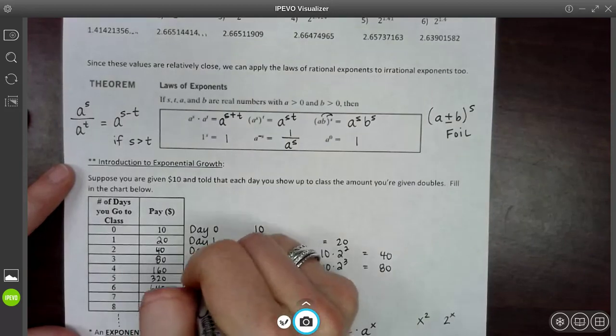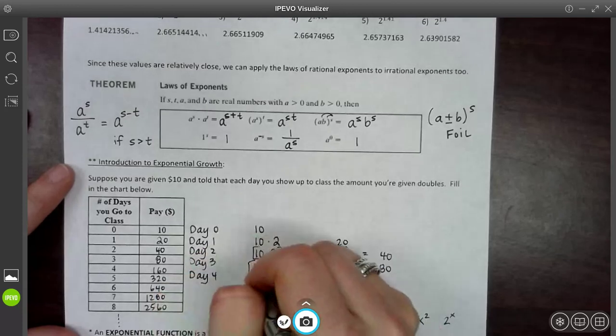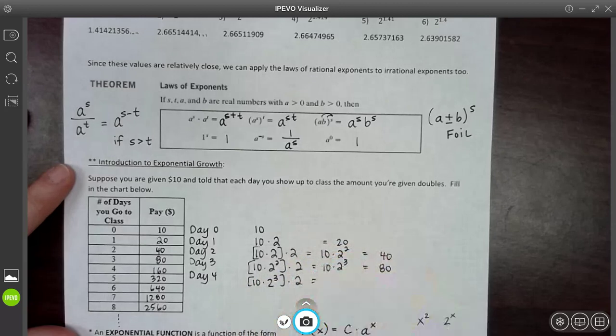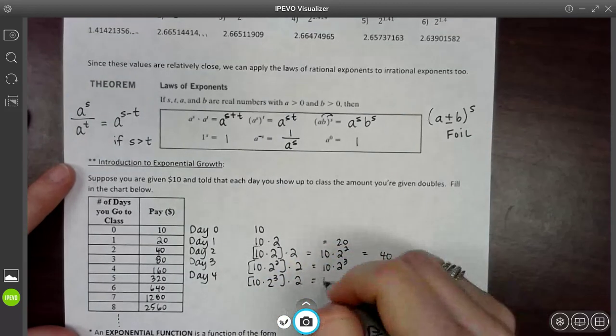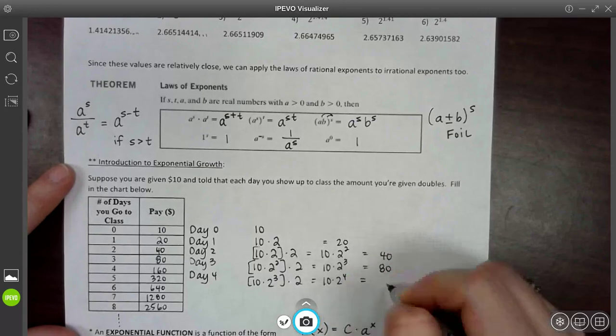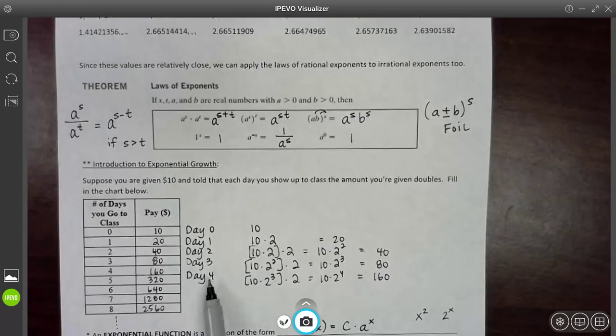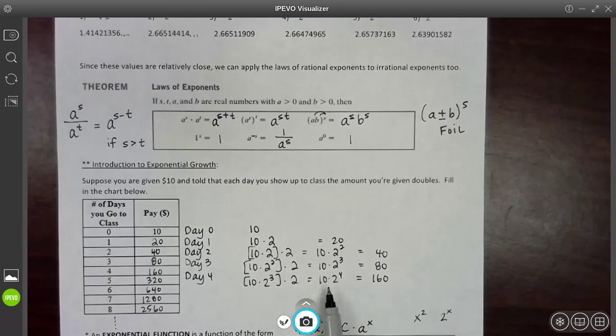On day 4, you're going to take your previous amount, 10 times 2 to the 3rd, and you're going to double it and you're going to times it by 2. So you're taking your $10 and you're timesing it by 2 to the 4th. And that's going to be your $160. So you can see the relation here between the day and the power. On day 4, I'm taking my $10 and I'm timesing it by 2 to a power of 4,